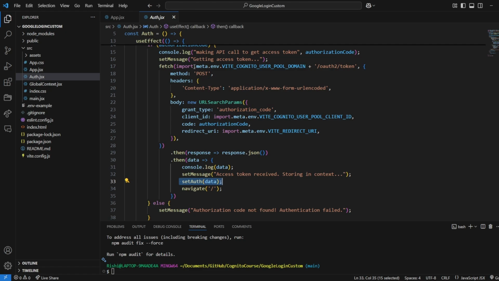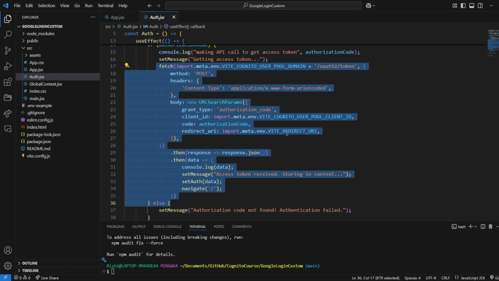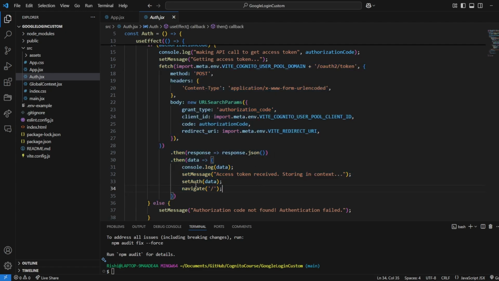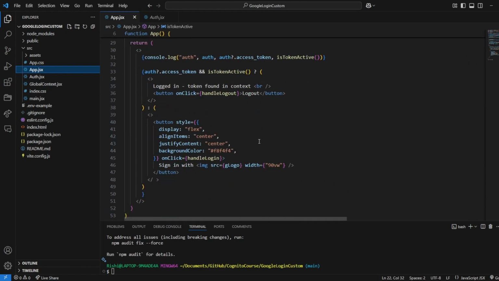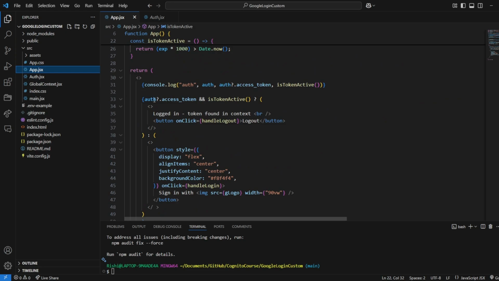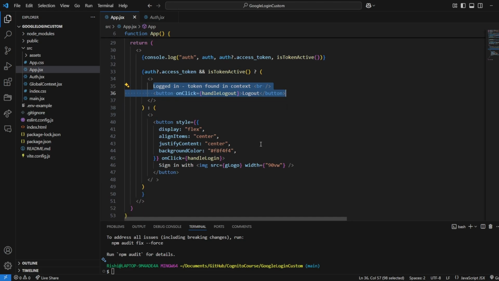Also, if you are not sure how this thing is working, what are grant types, make sure to check out the video on OAuth workflows. For now I'm just skipping it. So once this is stored in context, we can come to this app.jsx. So if this access token is available in context, and if it's still active, then we will show logged in token found in context. If the user is not logged in and tokens are not available in context, then we will